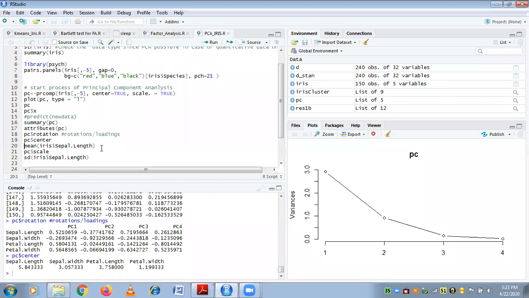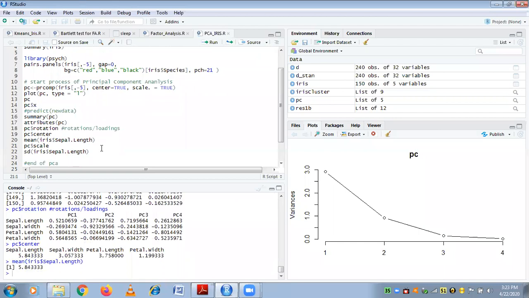Center is nothing but your mean values. See, the mean of sepal length is 5.8, so it is equal to the center value for sepal length. Scale is nothing but your standard deviation values.